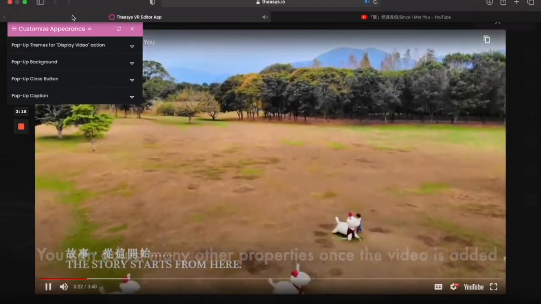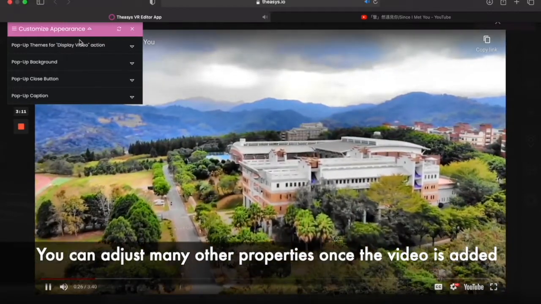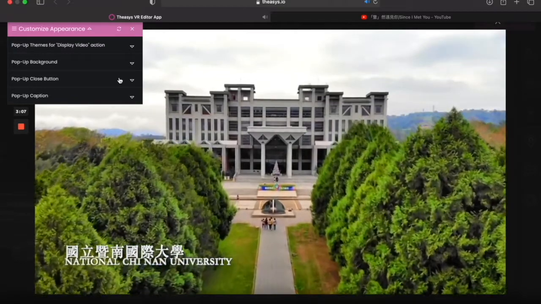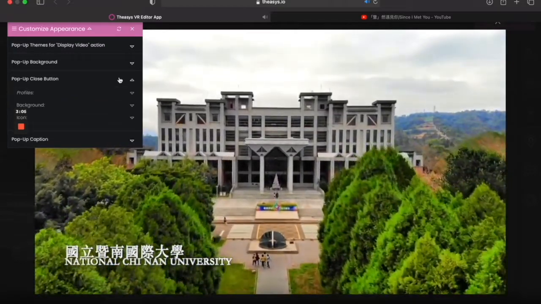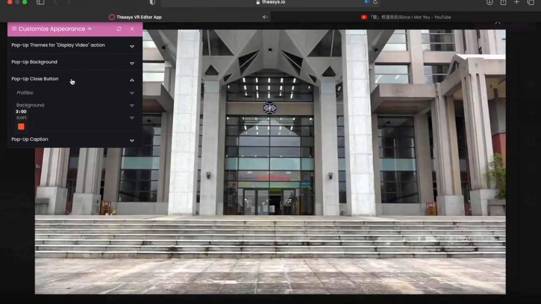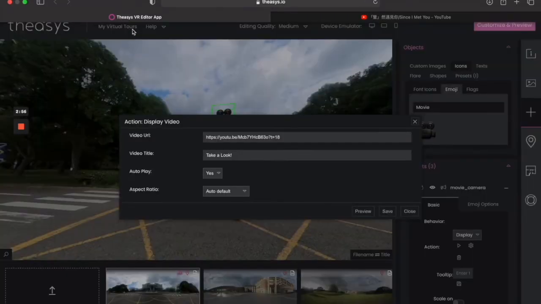All right, now you have other choices to customize the appearance of the pop-up. I'm just going to go ahead and leave this one off for now. You can get a little too deep with some of the features that they give you. For example, this. There are lots and lots of different things that you can have done. So let's just go ahead and leave that one there, okay?